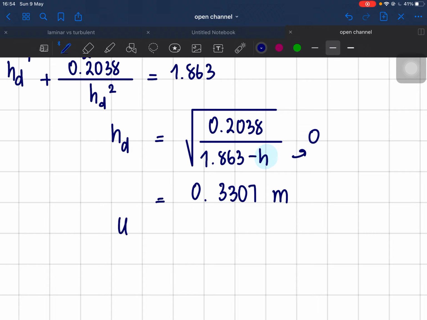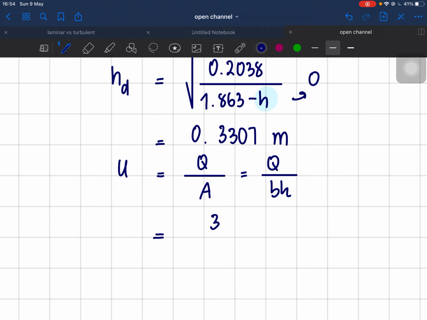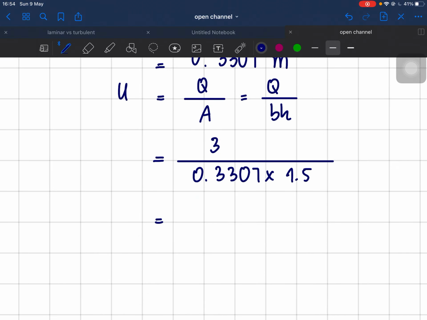So the u here equals Q over A, Q over BH, and everything here equals 3 over 0.07 times the base 1.5, and the velocity here that we get is 6.047 meter per second. So then we can find the Froude number equals u over